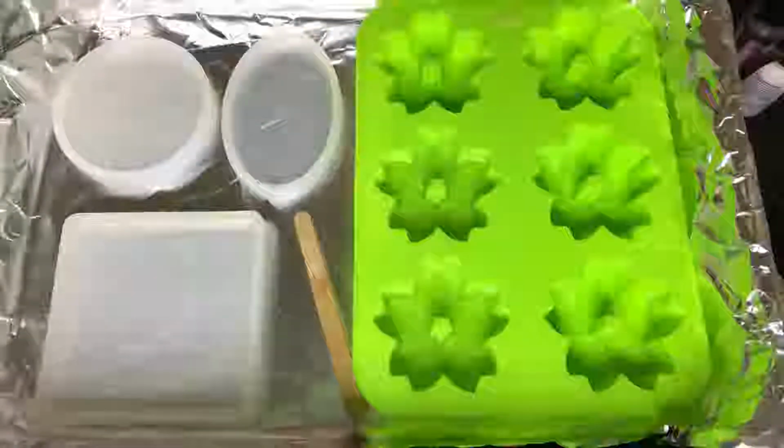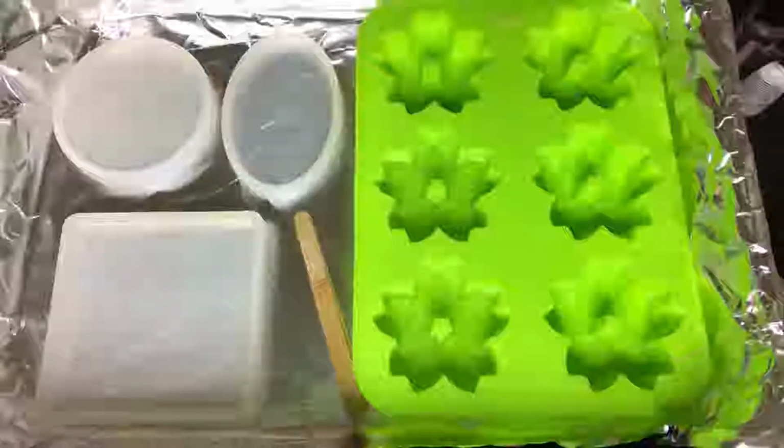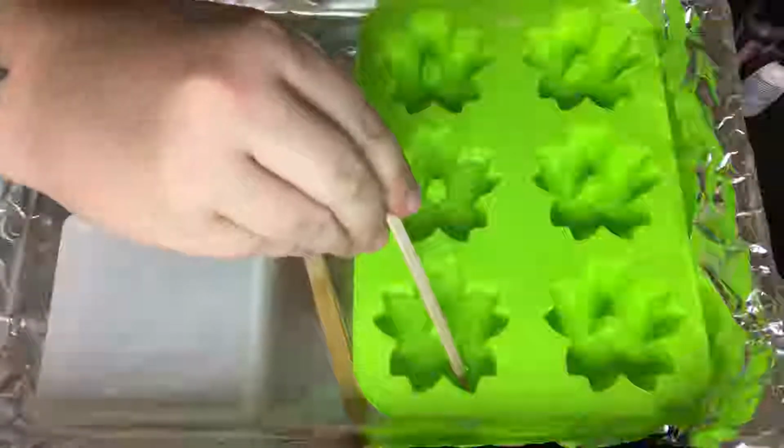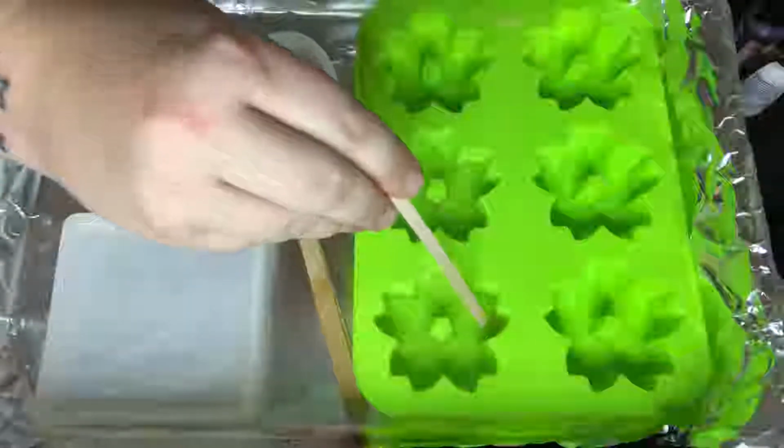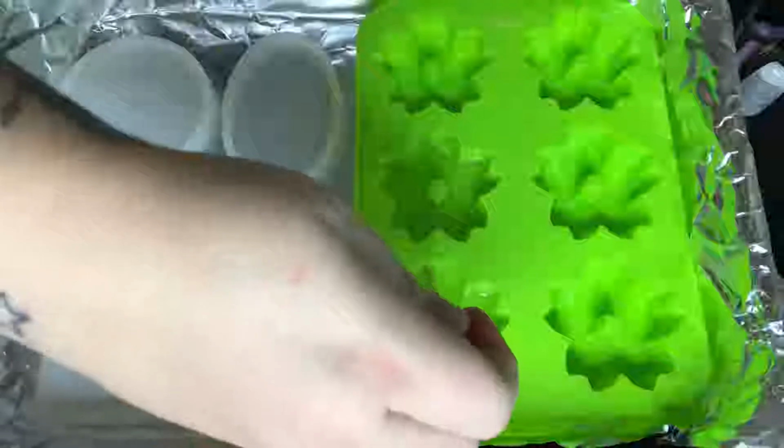Okay, and then I'm going to go in. This is going to be an odd shape, but I've seen people do this, that they go around, they call it, I don't know, maybe,